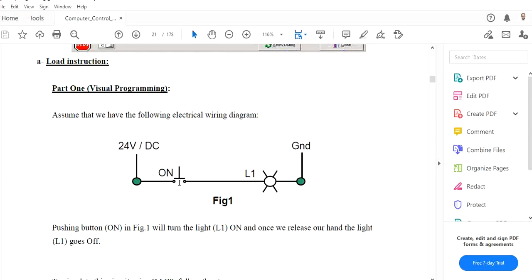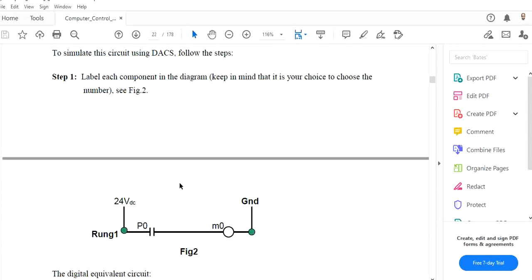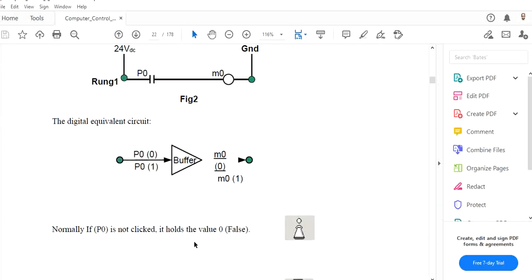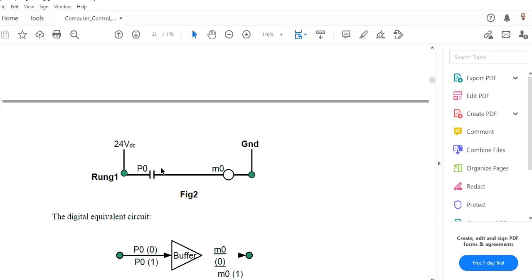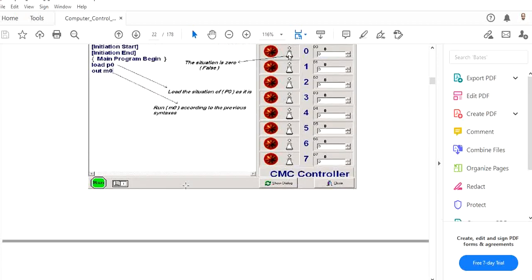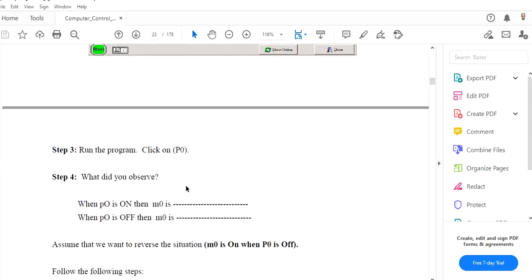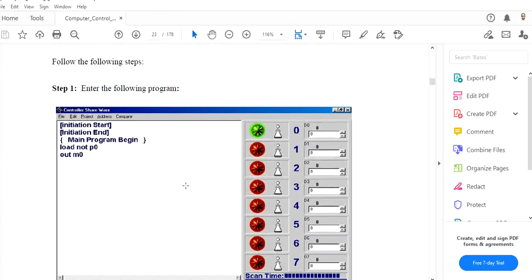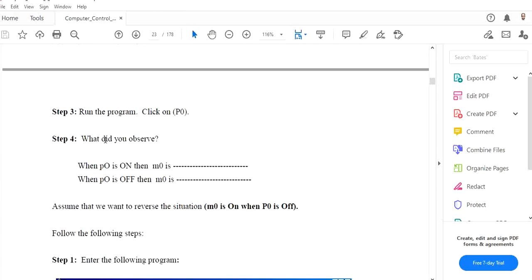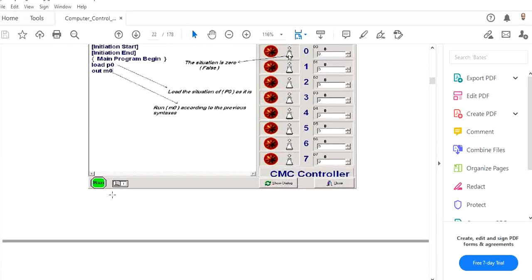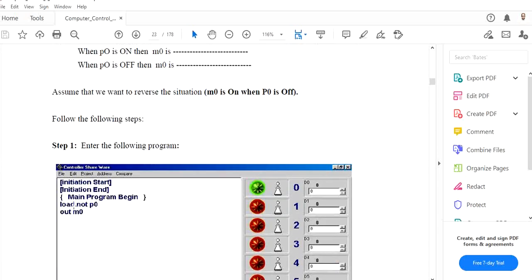So now it is a normally open push button. If it is a normally closed push button, it will be simply opposite, and you will have a ladder diagram with just a normally closed switch symbol here. How we will write in the program: for normally open it is load P0, and here the opposite logic will be load not. Load not means if